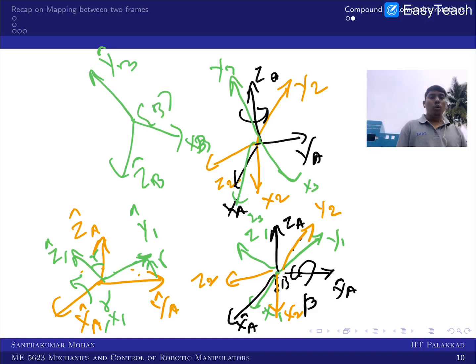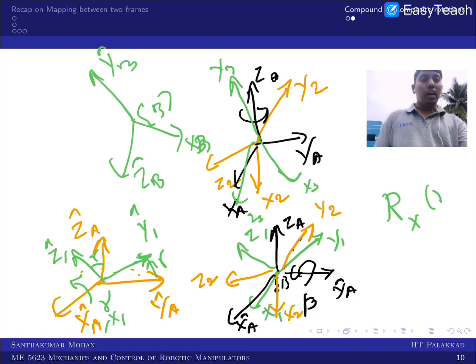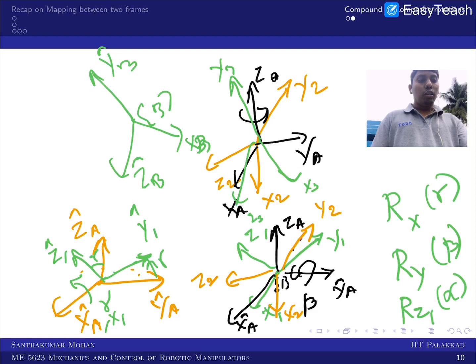Okay. So now what you have done, you have first rotated about x by the gamma angle, then you rotated about y by the beta angle, and rotated about z, you can see this is the alpha angle. But what axis have you taken as reference? The A frame, right? So in the sense you have done everything with respect to the fixed frame.